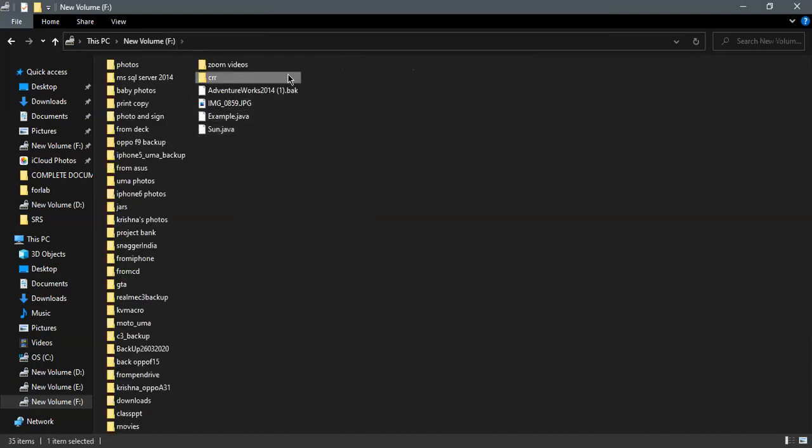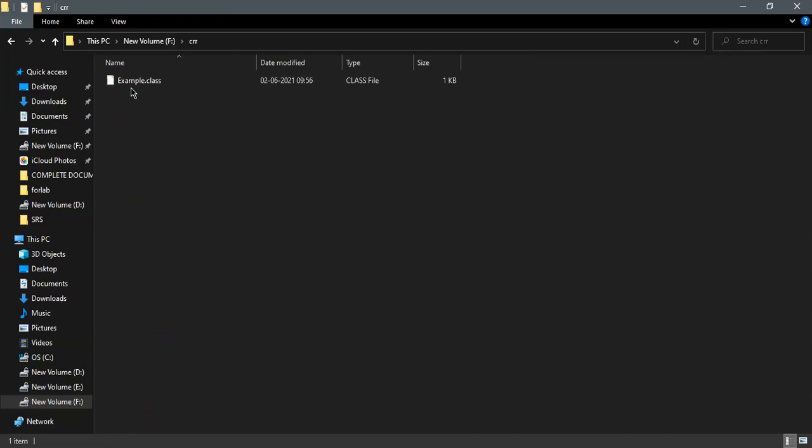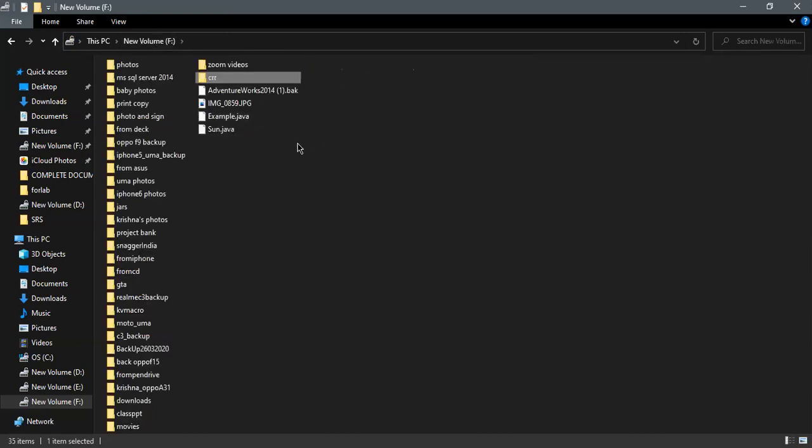Even beside the package, within the same directory, access is not allowed for the default sense. Remember this. Inside this same F drive we have sun.java, and beside it we have a CRR folder, and inside this we have the class file. We are going to access this, but it is not allowed because we didn't mention public for the class.